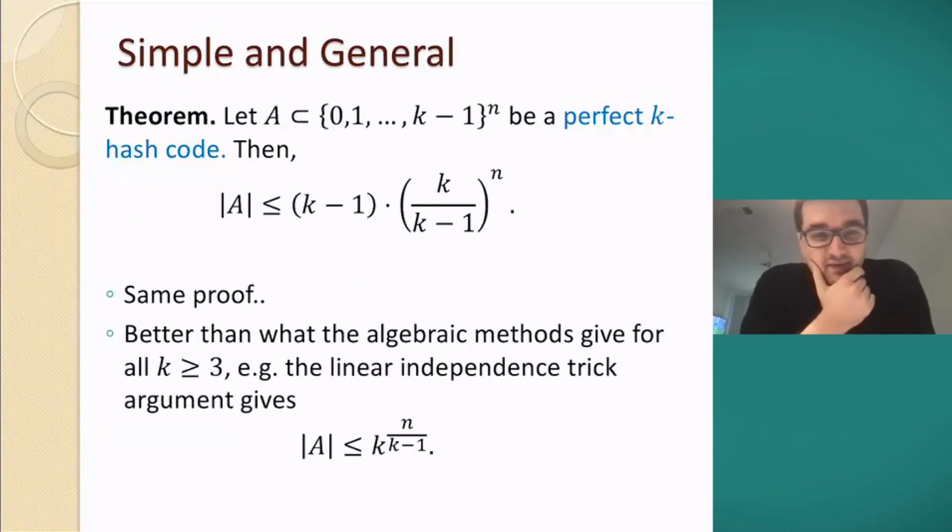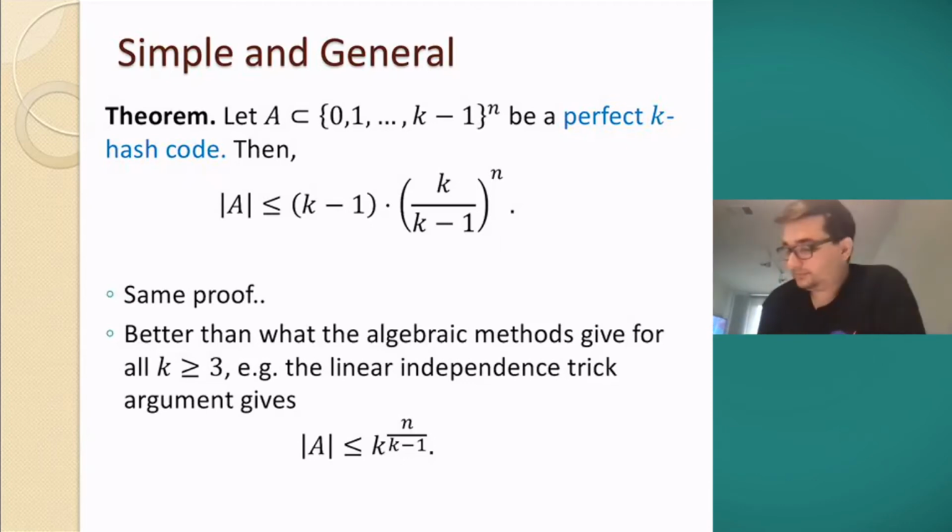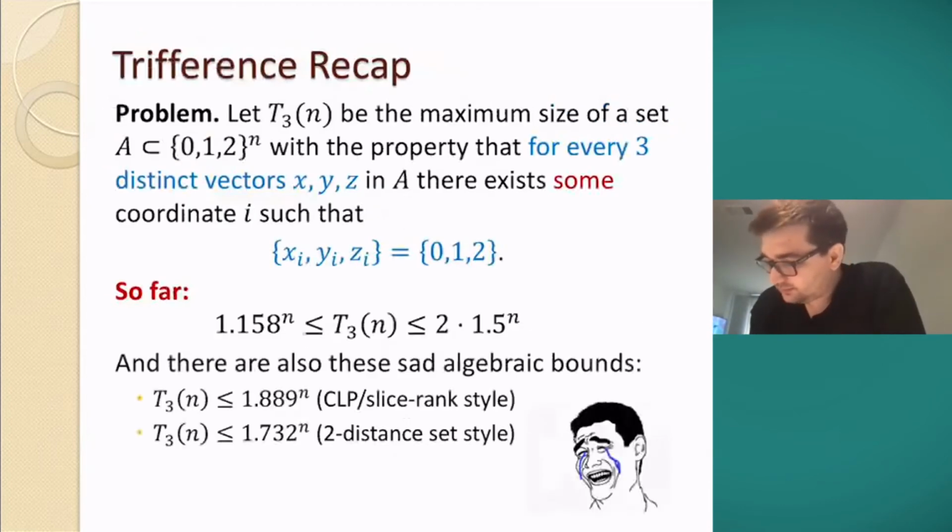As you can imagine, for a K-hash code you can do the same thing and you get this bound. And this is better than all the algebraic proofs that one can think of, at least the ones that we thought of. For instance, the linear independence trick argument gives that A is at most K to the n divided by K minus 1, which is worse everywhere. So, just a quick recap of what's happening. There are these bounds for the largest size of